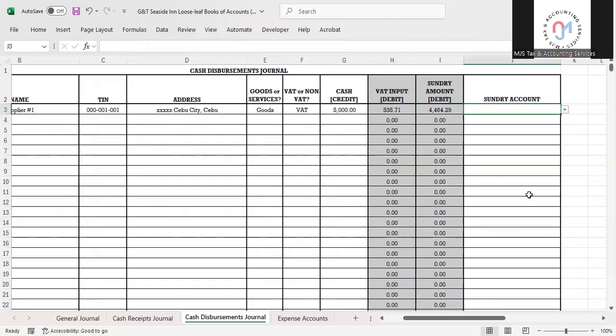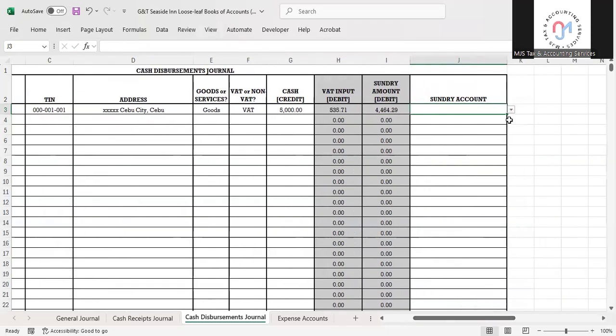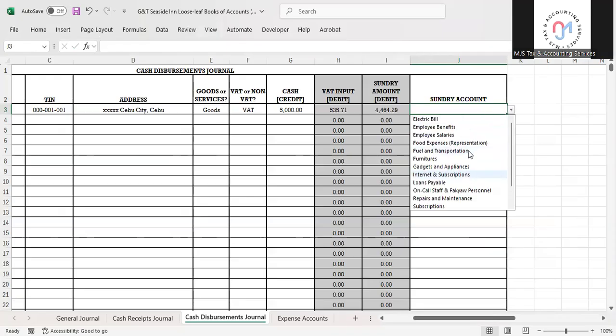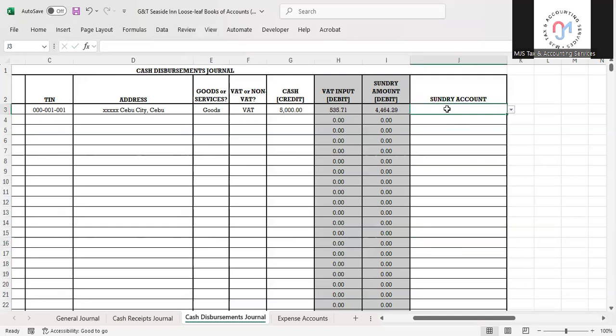So here in the sundry account, you have to choose the correct or specific account title that pertains to this transaction. In this case, I actually prepared here a drop down. Just choose which one specifically refers to this transaction. So let's say this is for inventory. Just look for inventory. If it's not here, you can actually customize this one.